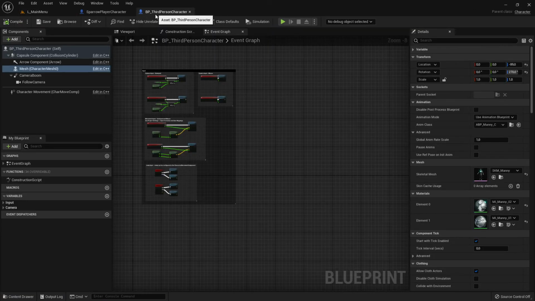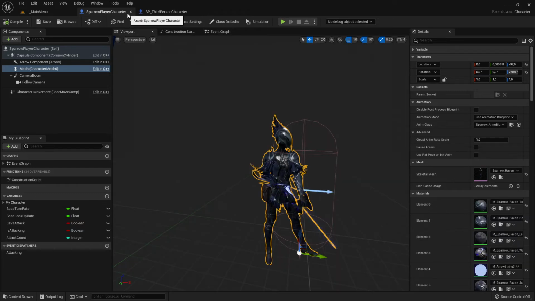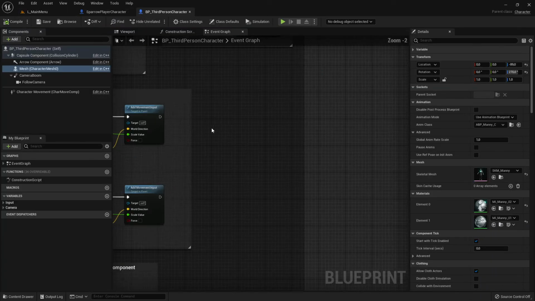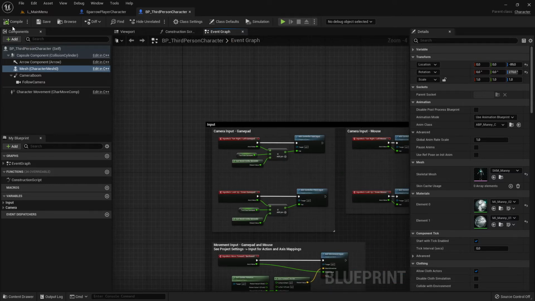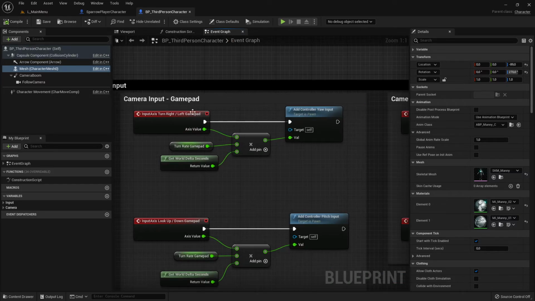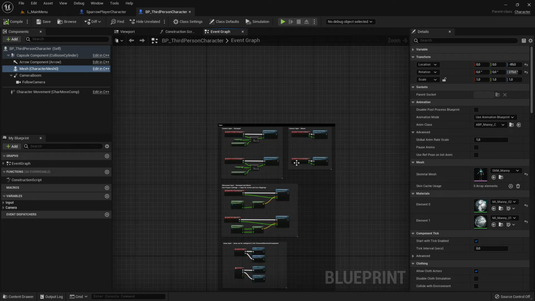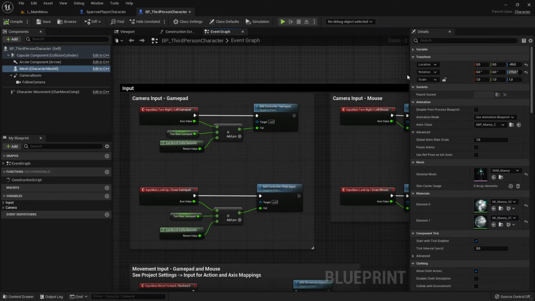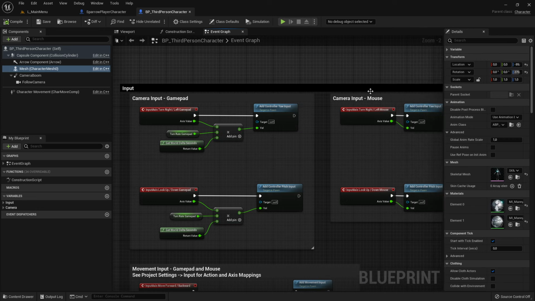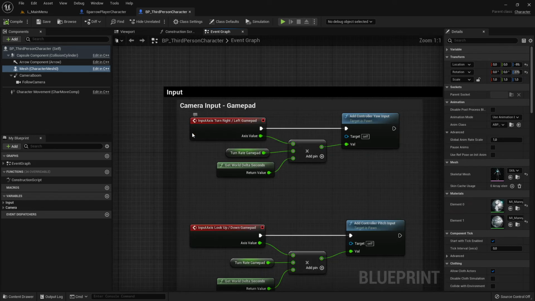But that said, there is one more problem if you use these Paragon characters, and I want to show you this quickly too, because that's very important. If you download the Paragon character and compile here, you will always have warnings here, here, here, all the time, the red ones. The reason for that is that Paragon is actually using the old mannequin from UE4, the UE4 naming,